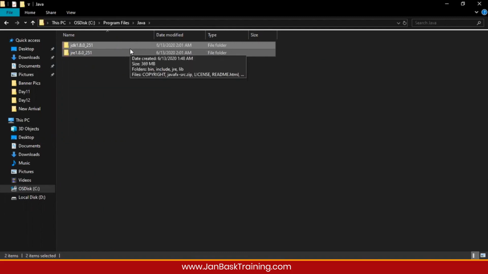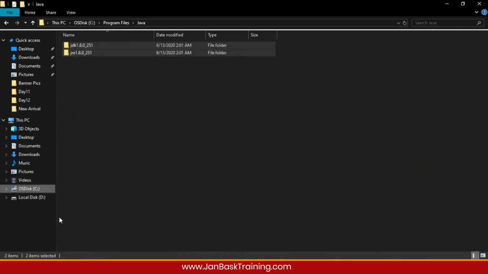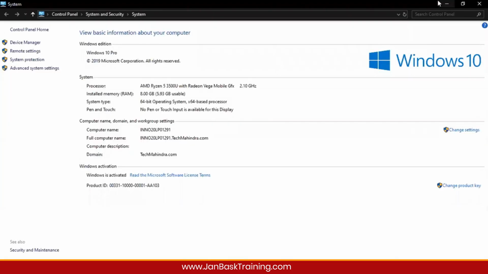Once you get these two folders, then you need to go into your settings again. If you remember, I had opened This PC and clicked properties. I need to set up my environment variables. Now, what are environment variables? An environment variable is something that tells the whole system, hey, where can I find this? Hey, where can I find that? So usually we set up environment variables for Java: where is Java residing, where is Android Studio residing, where is Maven residing. All those basic tools that we need to operate the whole system, we give the naming convention somewhere.